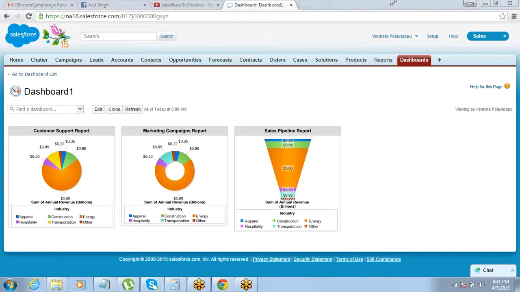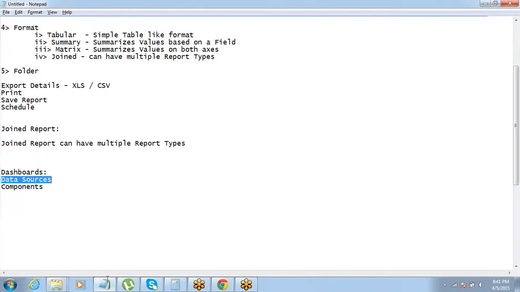Anyone, any question on this? Please let me know if anyone has a doubt or question on reports and dashboards. It's simple stuff, there is nothing very difficult if you go through everything we have done. If you do it one or two times on your own, there are not many things that you need to keep in mind.